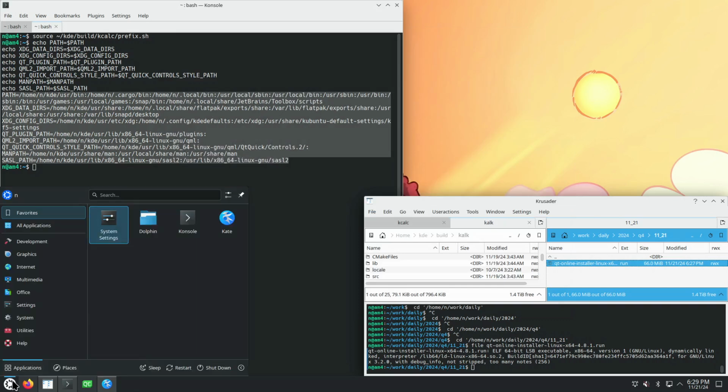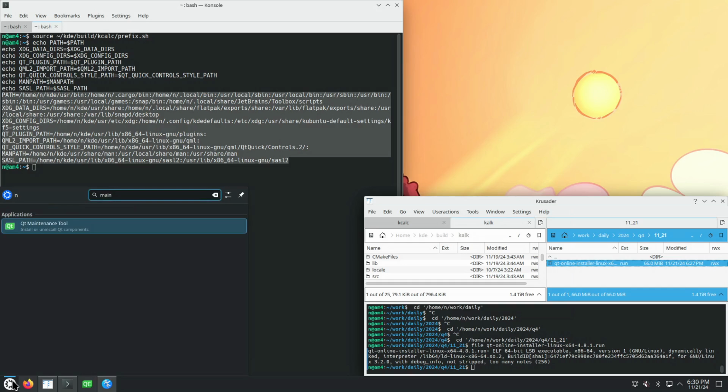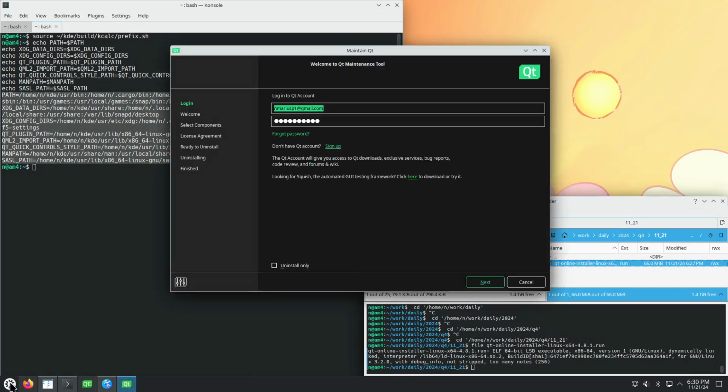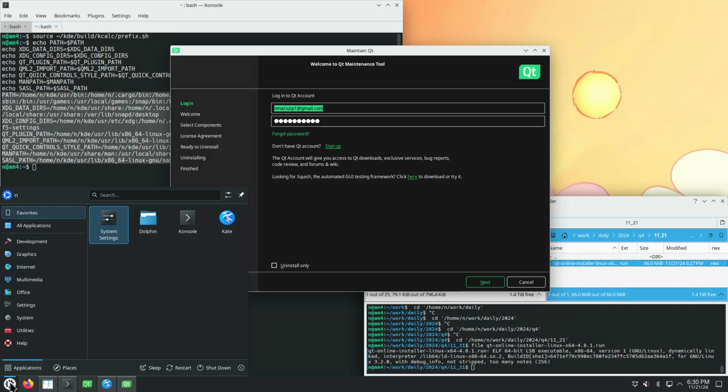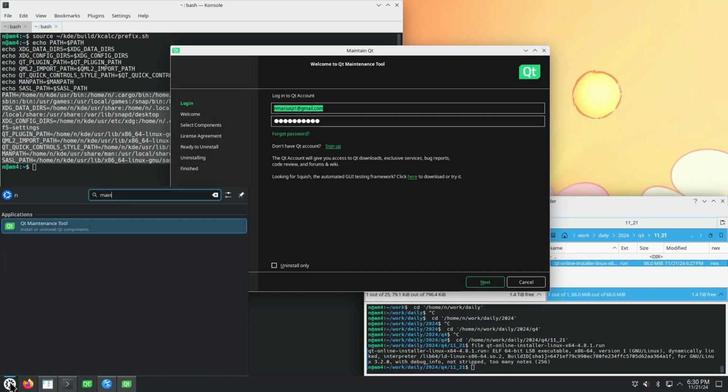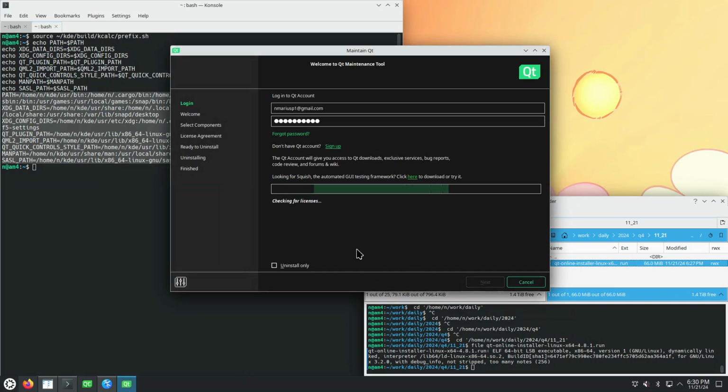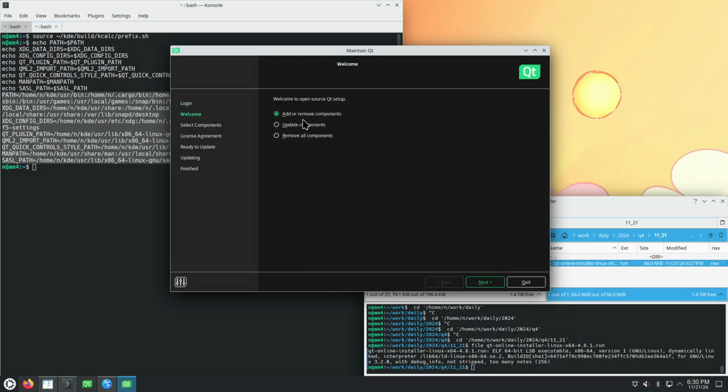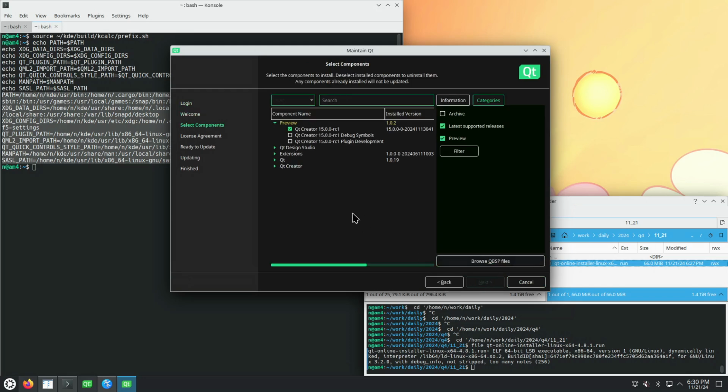I have already installed this Qt maintenance tool. You can find it in your start menu. You just search for maintenance, Qt maintenance tool. And you want to add components. The directory where it will install is